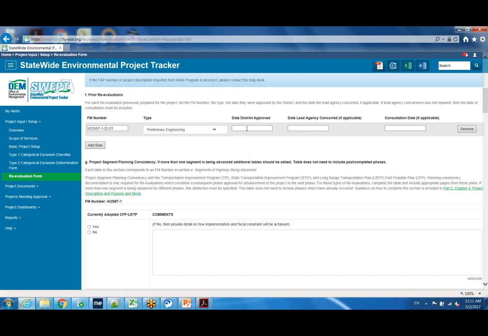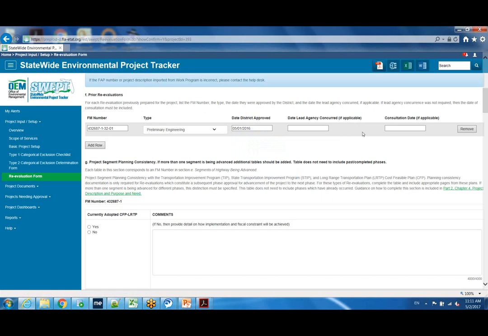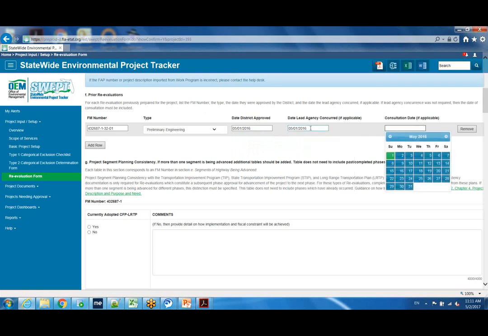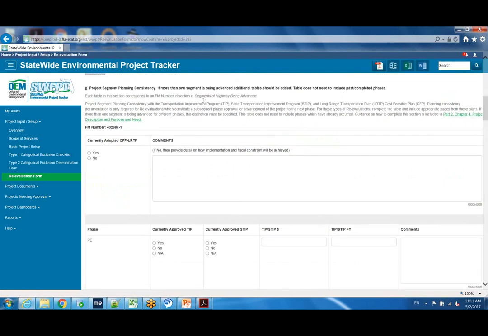Then you have, for each of the prior reevaluations, the date the district approved, the date the lead agency concurred, if applicable, or the consultation date, if applicable. So you would enter the appropriate information. And continue with all your prior reevaluations. And then we get into the project segment planning